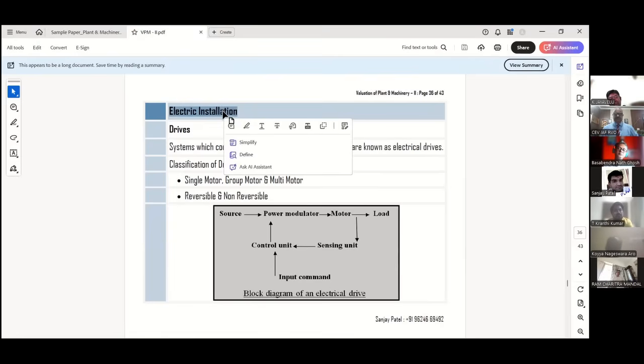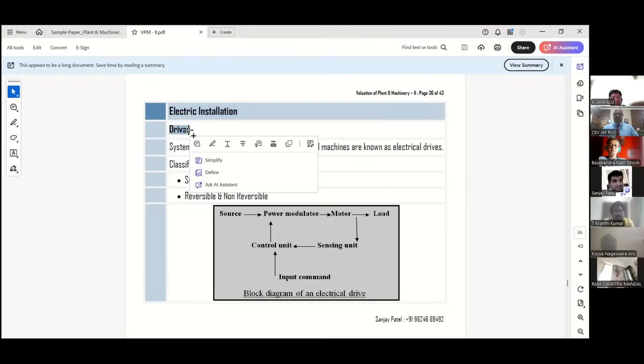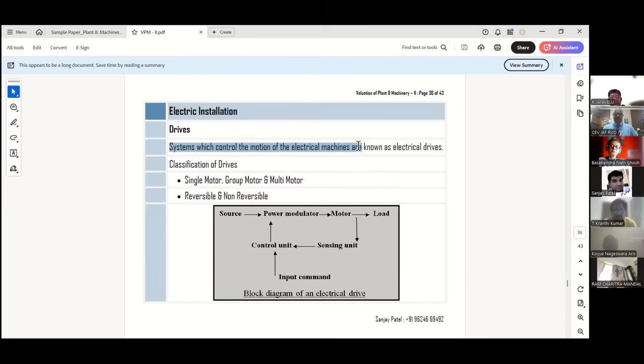Okay, control systems we studied in the last chapter: open loop control system, closed loop control systems, PLC, DCS. Okay. What do you mean by the drives? So the system which controls the motion of an electrical machine is known as electrical drives. Okay, anyone? Types of drives में क्या रहेगा? मोटर है, मोटर. What is the component of the drives? Types of drives में